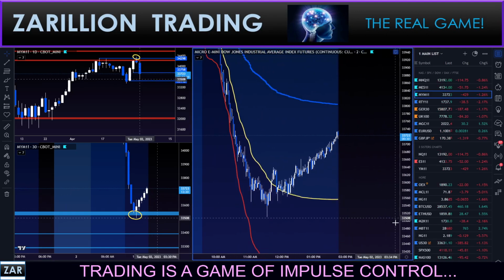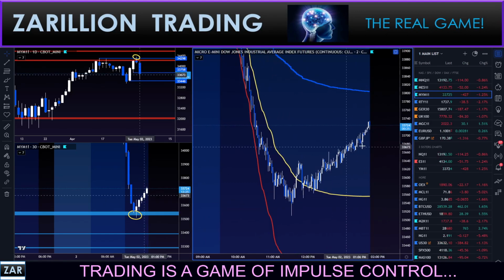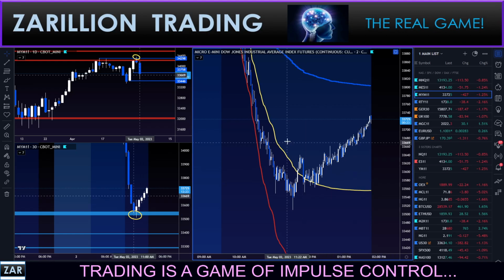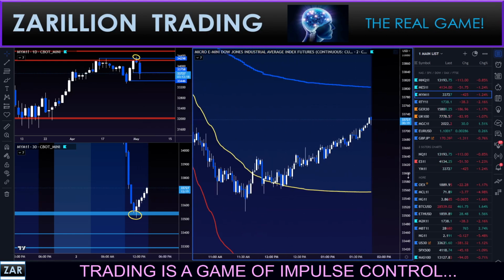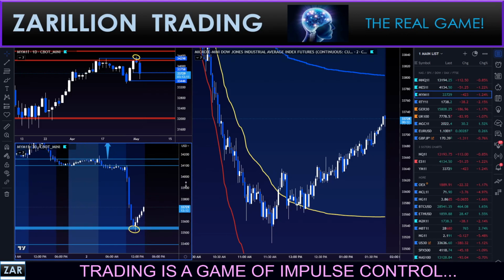I did not trade this because I was on my twilight zone break, and I don't typically trade during this period, although that was a nice little move, nice change of structure here. It could have been a nice long, and I'm sure many traders caught that and did very well with it. I'm okay missing it. I'm looking to short this thing again if we get the right setup.